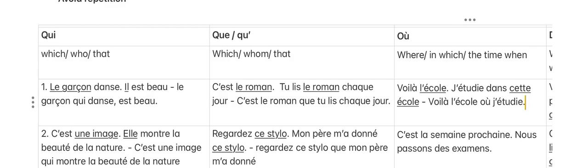The next example deals with time. C'est la semaine prochaine. It's the next week. Nous passons des examens. We are giving exams. So in these two sentences, we observe that there is nothing repeated, but it deals with time. We get the hint through the mention of la semaine prochaine, that is the next week. So to simply join these two sentences, we will be using the simple relative pronoun où. So we get